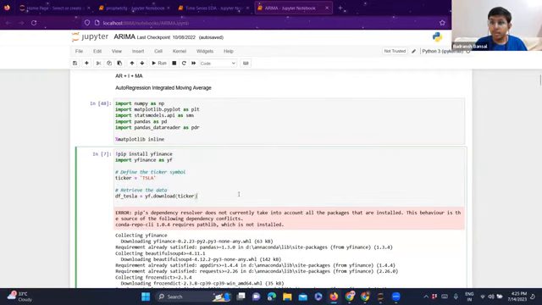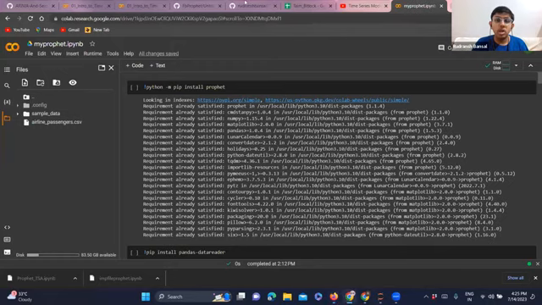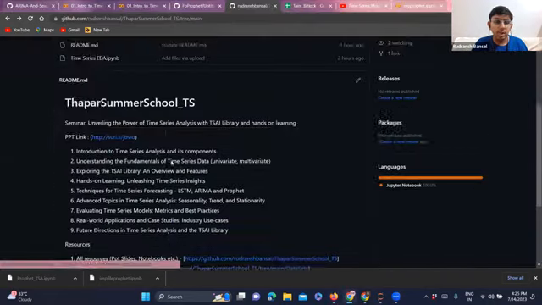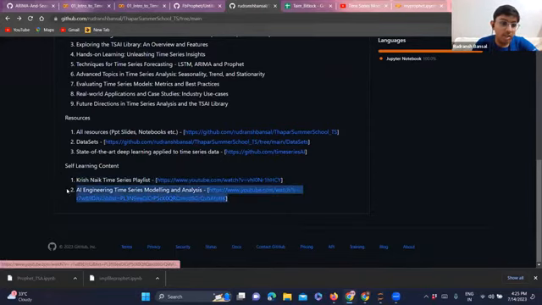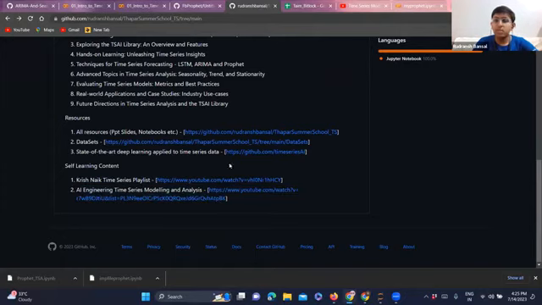For more info about time series, you can definitely follow some resources, which I've also included in the README file. You can see Krish Naik's time series playlist. It's a good playlist, and also AI Engineering's time series modeling and analysis. His GitHub also has various models which he has taken to deployment, and even I have used these models in various projects. So you can connect with me and find some other models on my GitHub also.